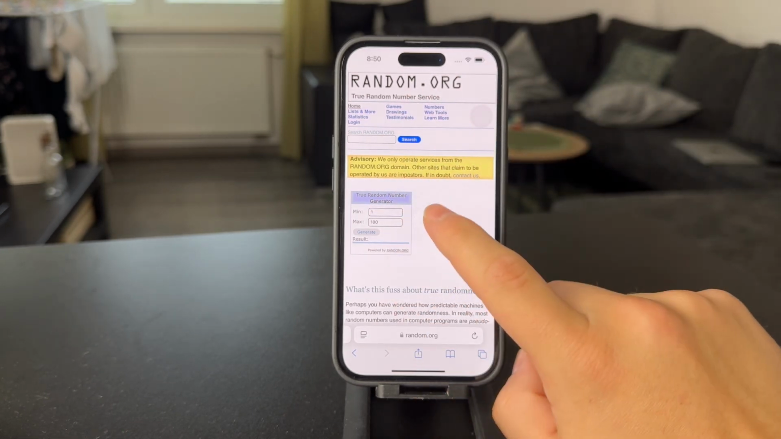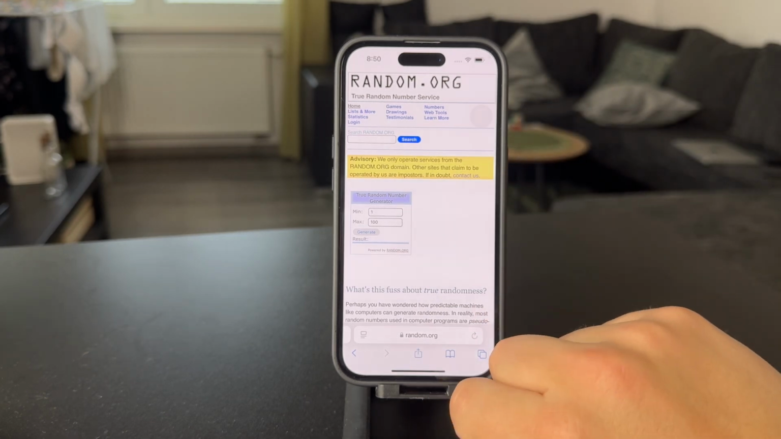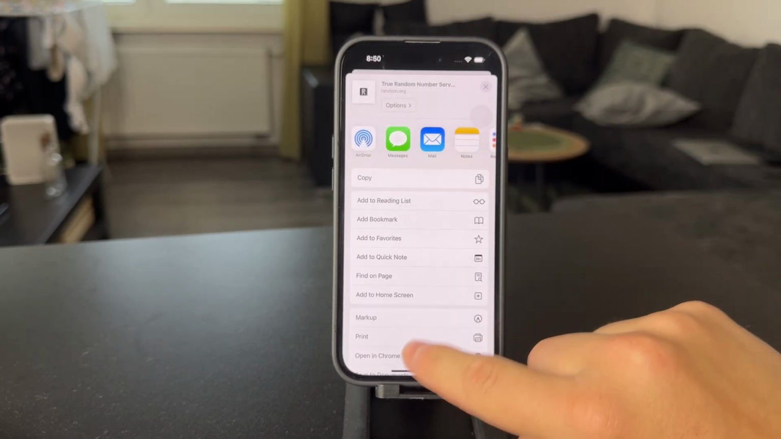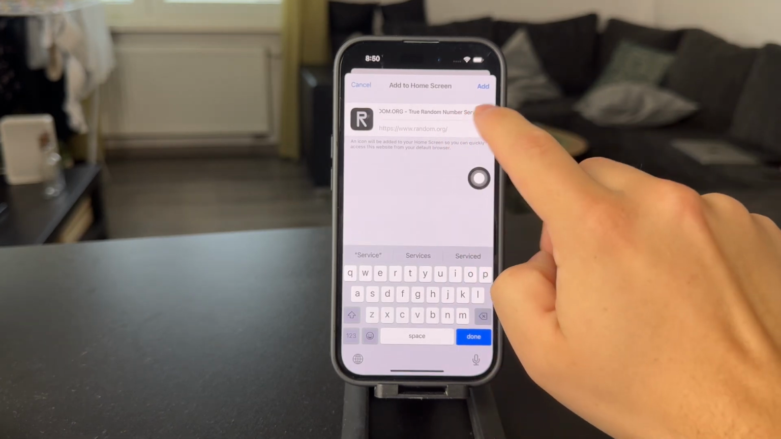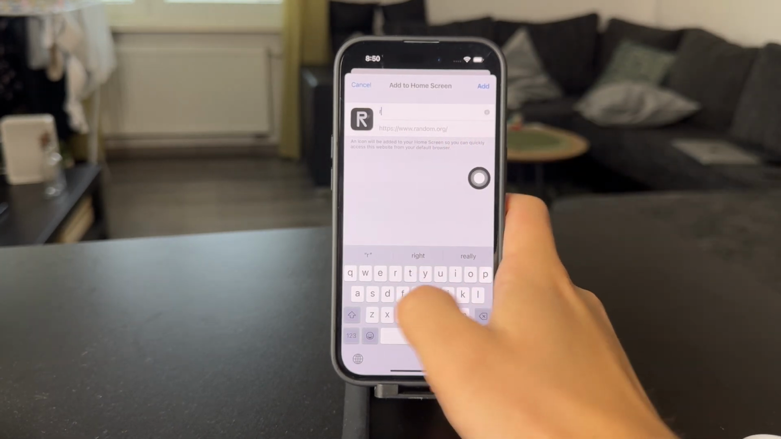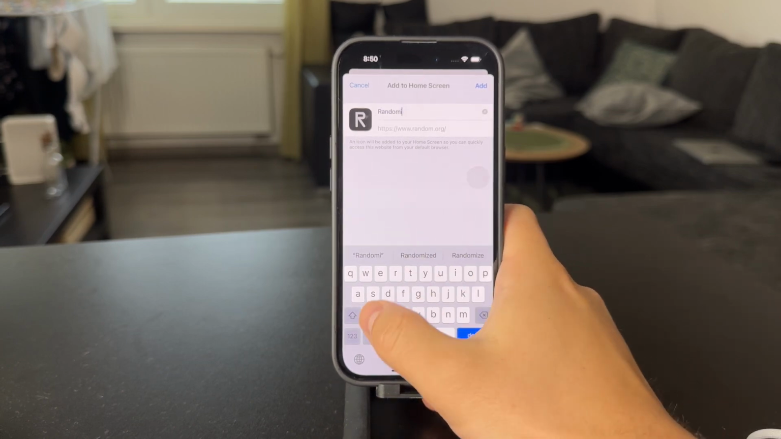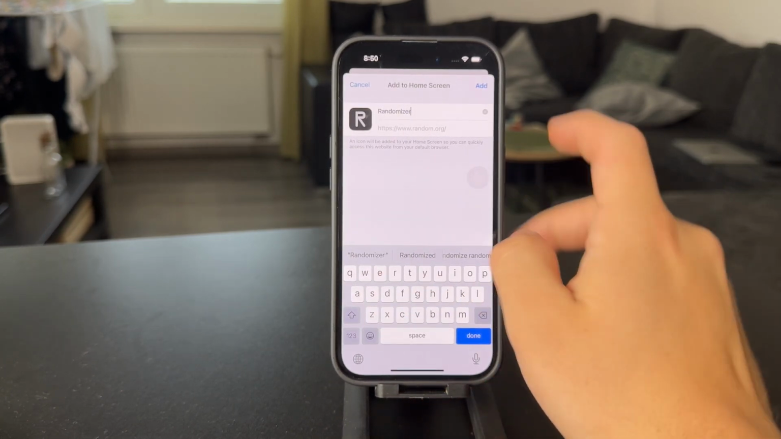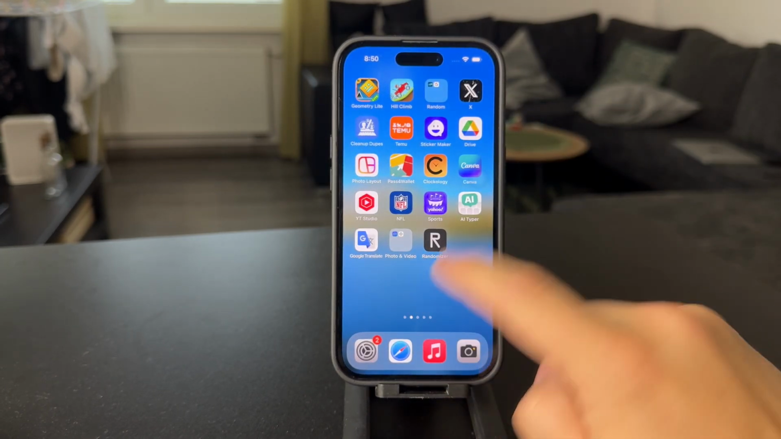And the point is that in case you want to generate this very often, what you can do is click on share at the bottom and click on add to home screen. Now you can rename it as much as you like. So I'm going to type in random or randomizer, right? That sounds good. I'm going to click on add, and now it looks like I've just created a brand new